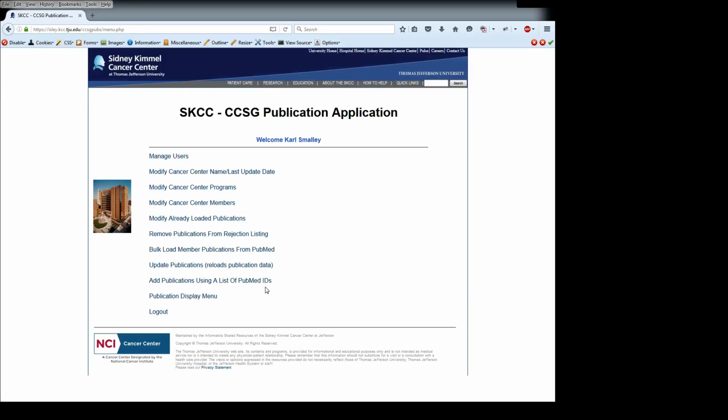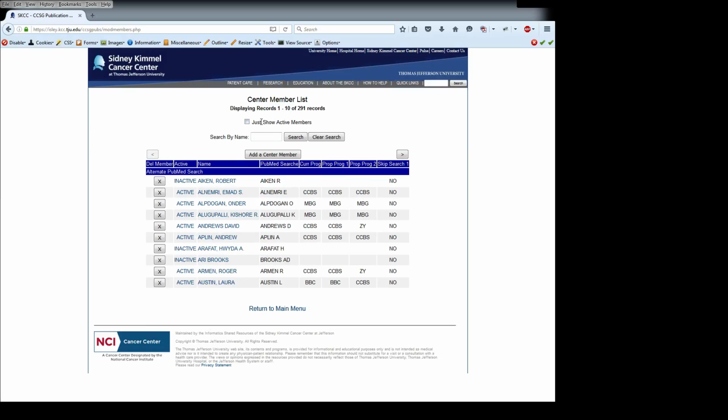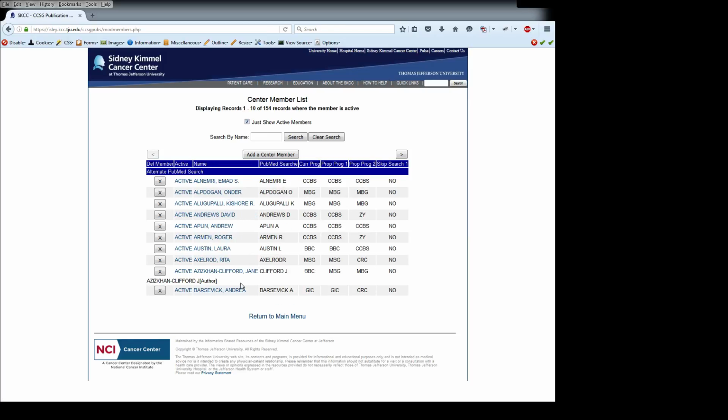All right, so that's the programs. We go to members. There are members, and right now I'm just showing active members, so that's how many active members we have. If I did this, this would show all the members we've had since, I think I have this going back to the year 2000. So that'll include members that are no longer in programs and no longer active members. So going back to just active members,